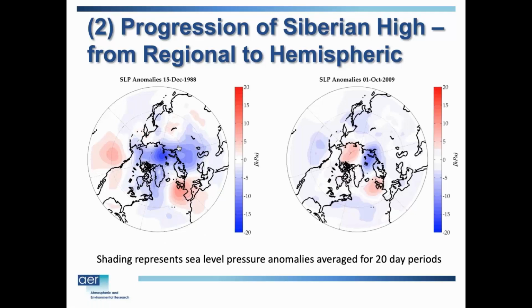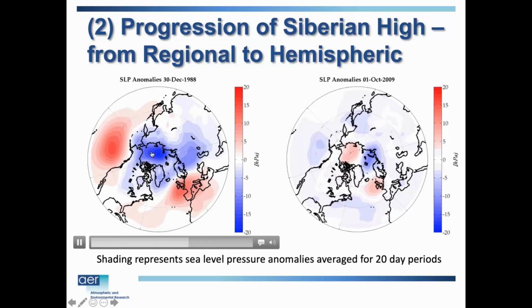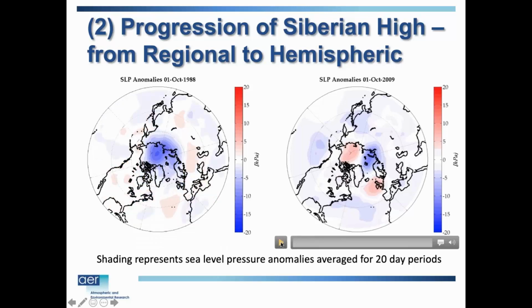And what actually starts out as a regional perturbation in the fall, as you get into the winter, you can see here very nicely, this low pressure encompasses the entire Arctic basin, and you have the opposite anomalies in the ocean basins. You get this really nice canonical AO, but it all starts out as a regional perturbation. And contrast that with what happened in 2009.